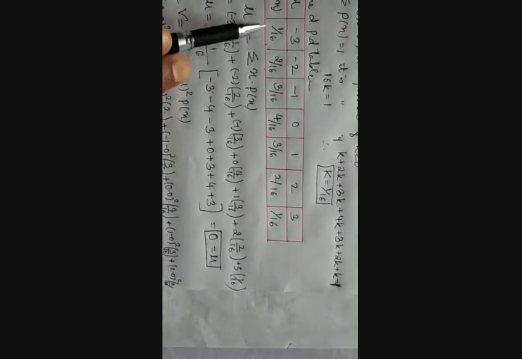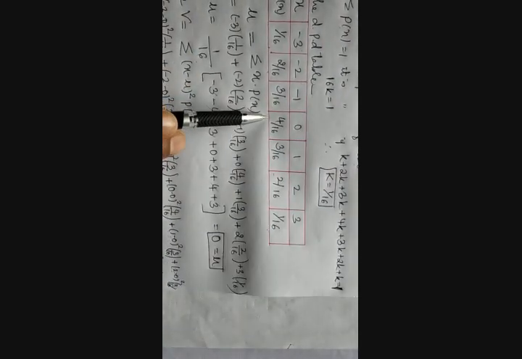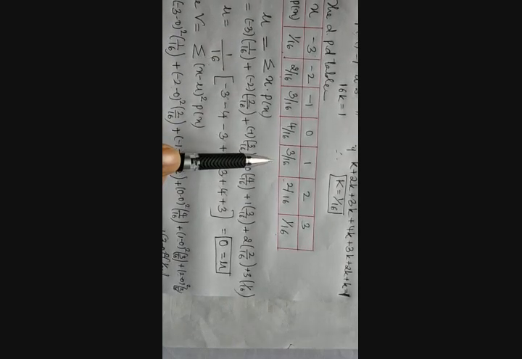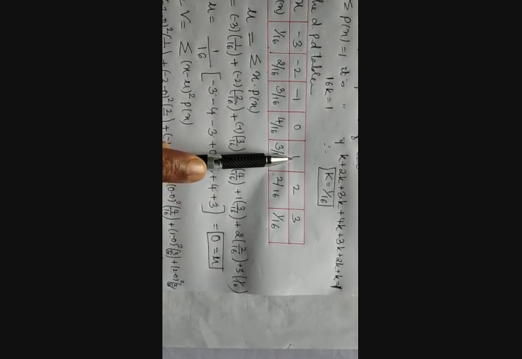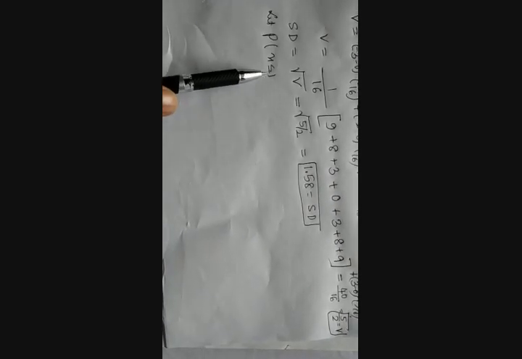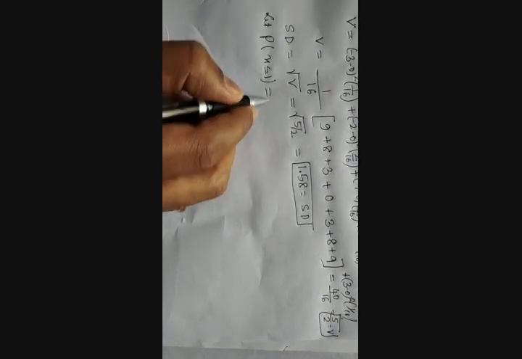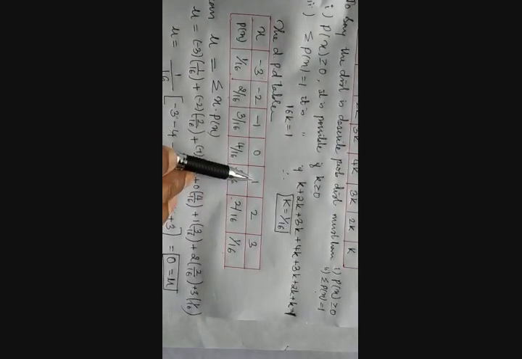Probability of x less than or equal to 1 means what? We need to take the probability values of x which is less than or equal to 1. Less than or equal to 1 means what? You can see here, this is 1. In an example, we need to check it out, is 1 included or excluded? Equal to 1 means it is included. Therefore, we have to take a benchmark of 1, and less than 1, all the probabilities will be taken for consideration.